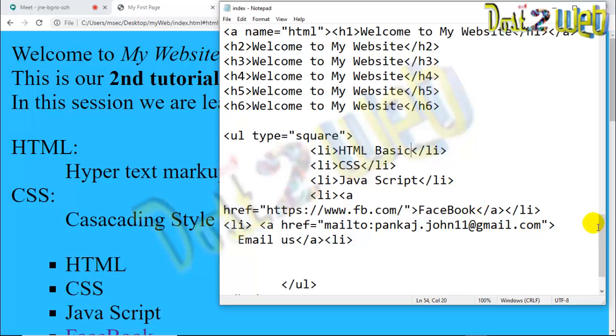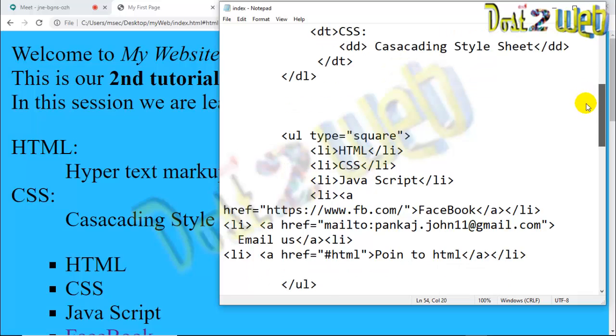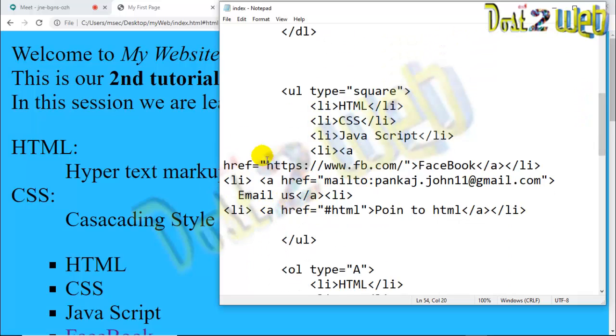Come up now. I want linking here, within my internal document, the same document. When I click on that, it should move from one place to another place on the same page. For that, you have to define, in a similar way, an anchor tag with href, and give some reference name where you want to go.